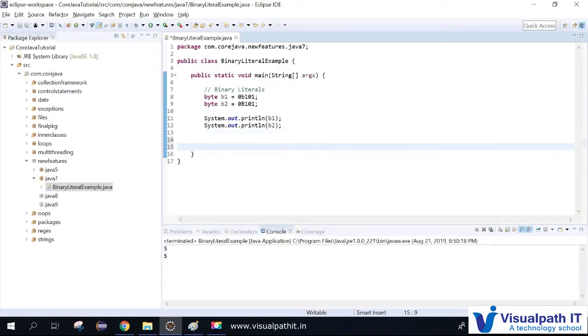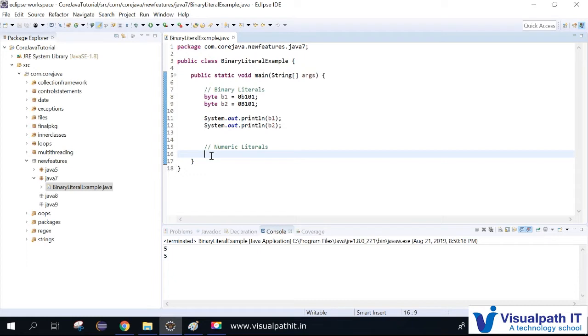So declaring a numeric literal, this will be very interesting.